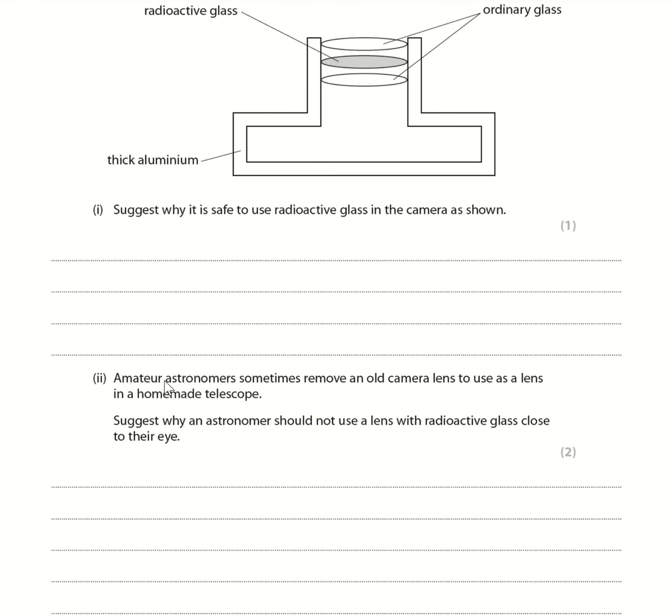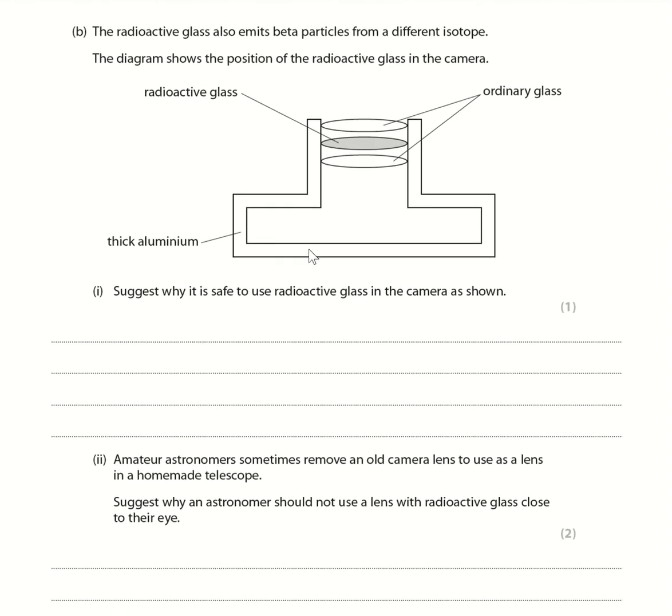Amateur astronomers sometimes remove an old camera lens to use as a lens in a homemade telescope. The telescope is close to their eye, so that's why an astronomer should not use a lens with the radioactive glass close to their eye,